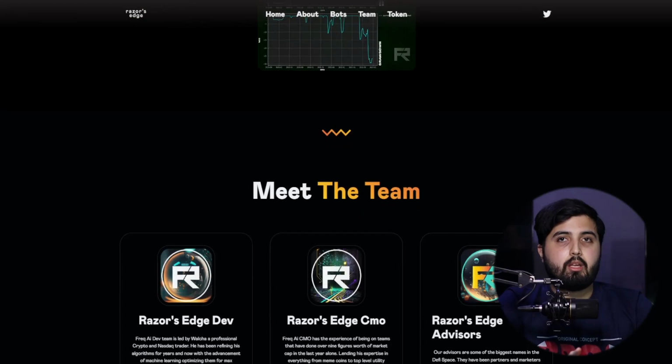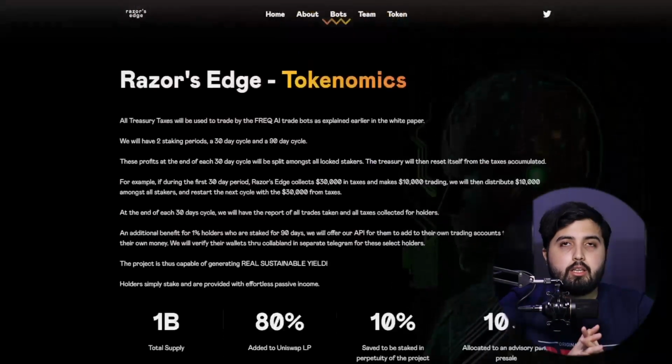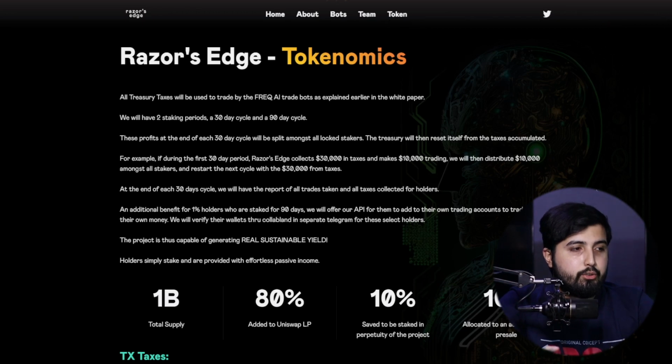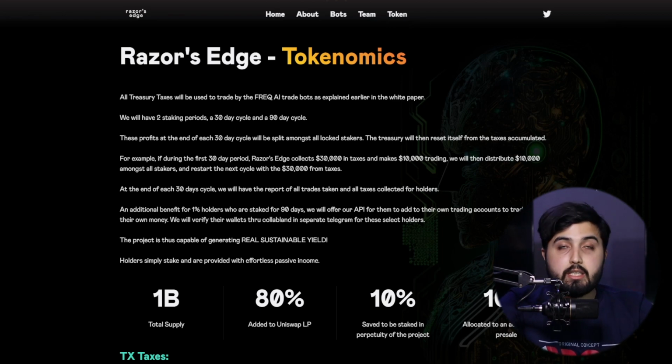Now we're going to talk about the tokenomics of Frek AI tokens. Razor Edge is a project that offers sustainable yield for its holders through its unique tokenomics. It uses all treasury taxes to trade using the Frek AI trade bots, which we just reviewed briefly, providing consistent profits to the holders. Razor Edge offers 2 staking periods, a 30-day period and also a 90-day period or